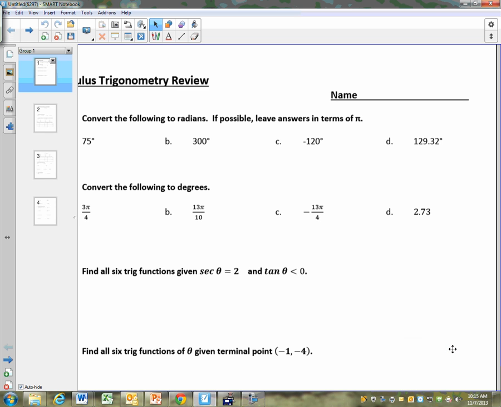Okay, here we go. I've got to be able to convert back and forth between radians and degrees. I'm going to go pretty quick because